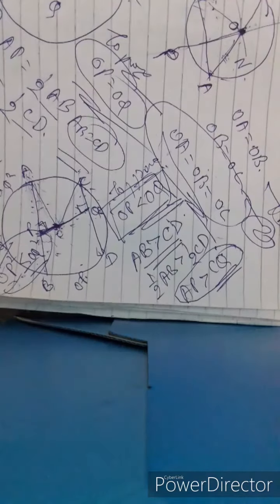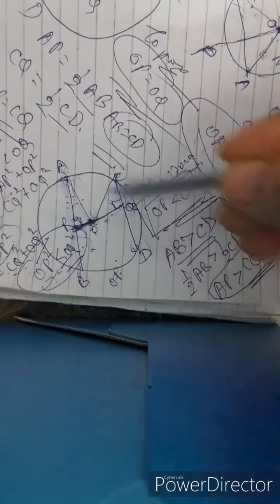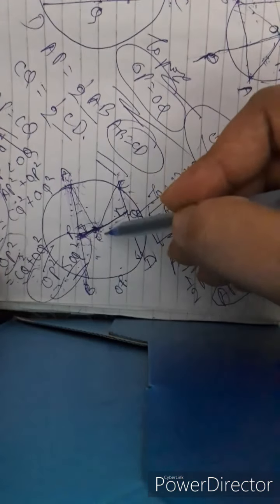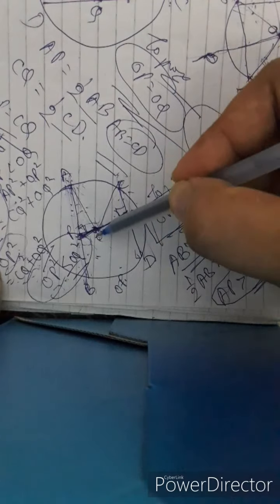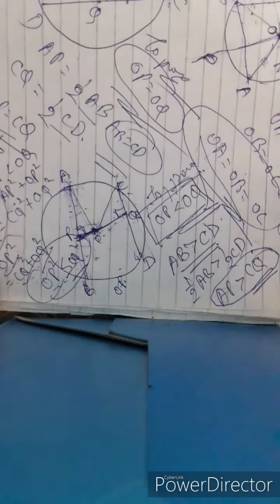Similarly, a converse of this theorem is also there: if any two chords of the circle are AB and CD, the one which is nearer, that is if OP is less than OQ, then AB is greater than CD. The larger chord is nearer to the center. It can be proved in the same way only. In this theorem we proved that if AB is greater than CD, then OP is less than OQ. In the converse, it will be given that OP is less than OQ, and we have to prove AB greater than CD. That's all.